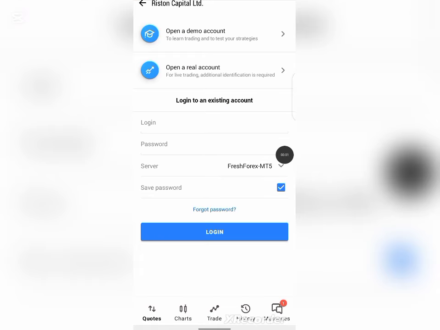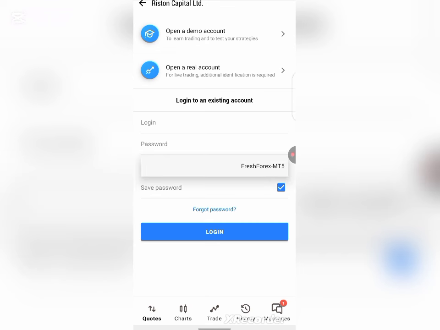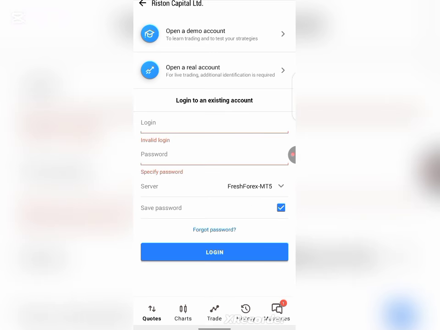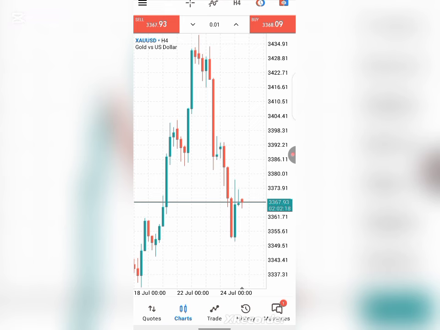What you just have to do is to enter your login details and enter your server. Make sure you choose MT4. Make sure that you are using the MT4 platform, MT4 trader, to log in. So enter your server and click on login. Once you click on login, they will bring it out for you that you can start trading. You'll see your bonus, and you can now come to this chart and start trading.